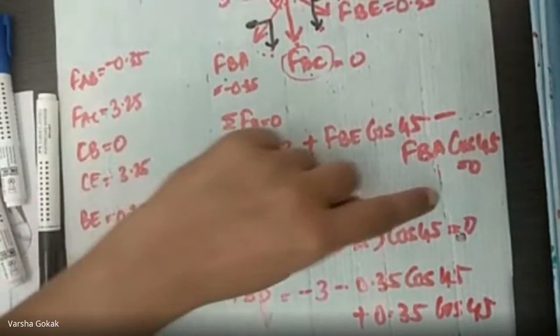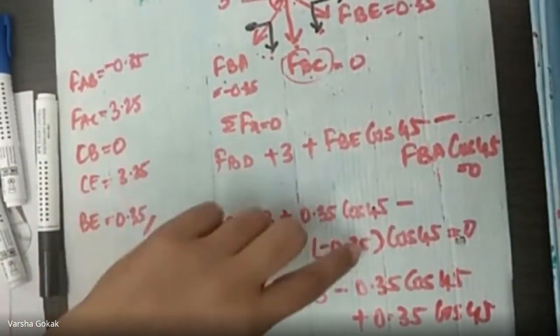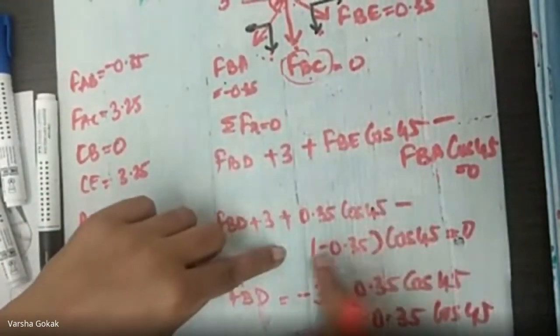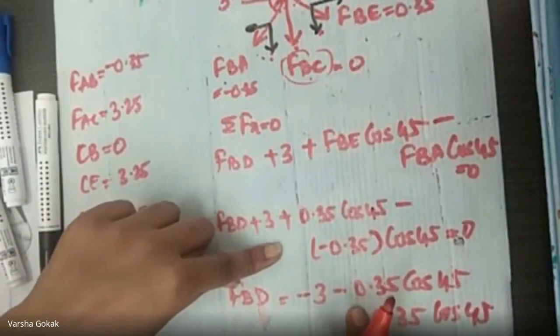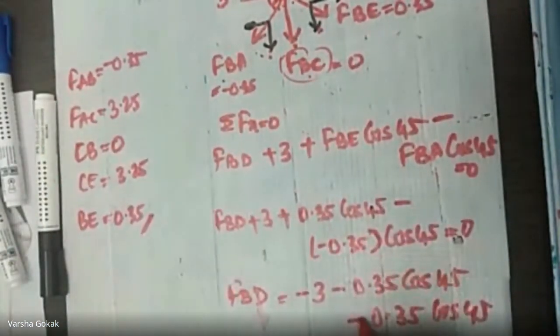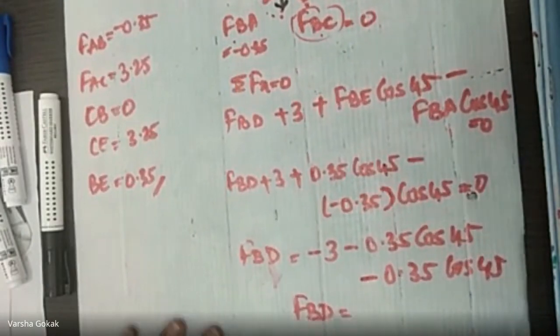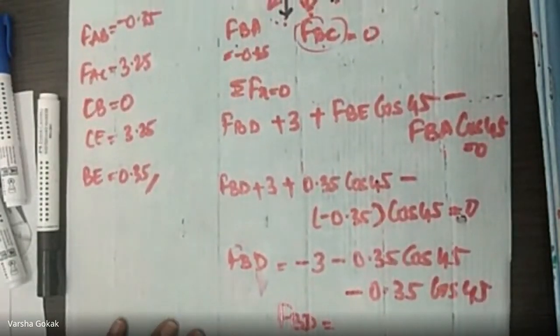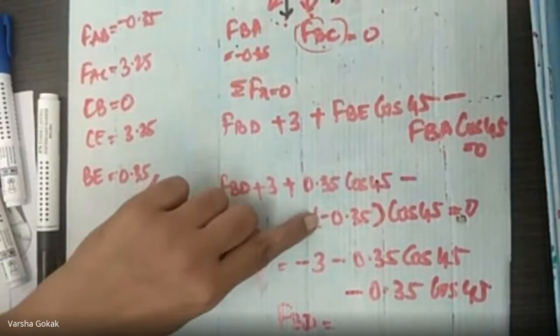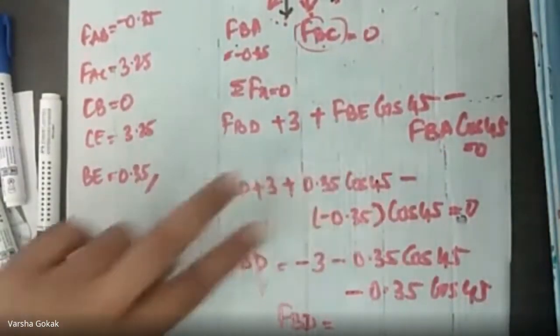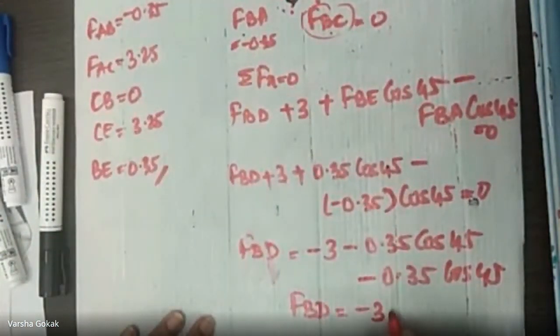See, this goes that side and becomes minus 0.35. This is minus of minus, so this is plus only. Minus of minus is plus, this is also minus. Get me the value of FBD, please. Minus of minus becomes plus. So 2 times 3.49 minus 3.29.